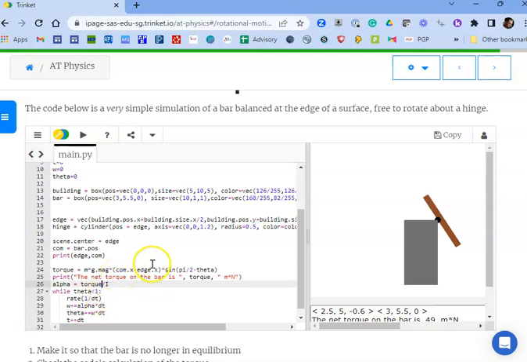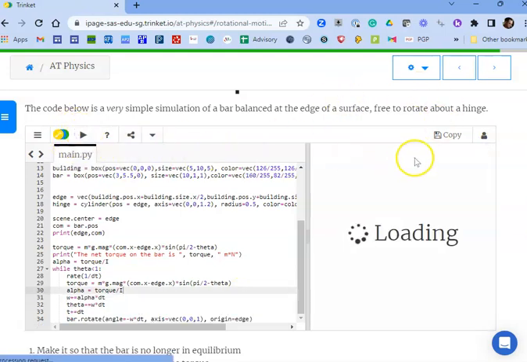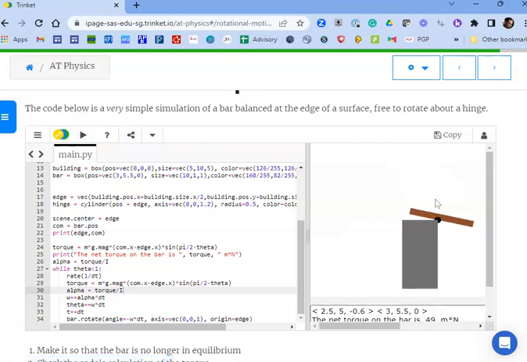So really, what we need to do is take this line 24 and add it in within our loop, because every time it goes through the loop, it needs to update the angle, and then also update the angular acceleration, alpha. So we'll just add that in here, and now it should be calculating it correctly. If I run it, it may look kind of similar, but if you notice,